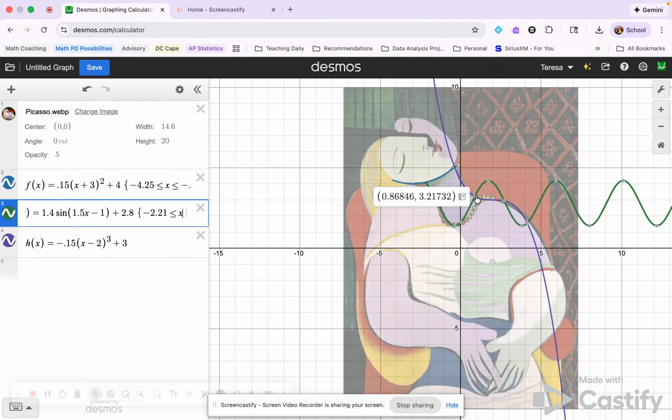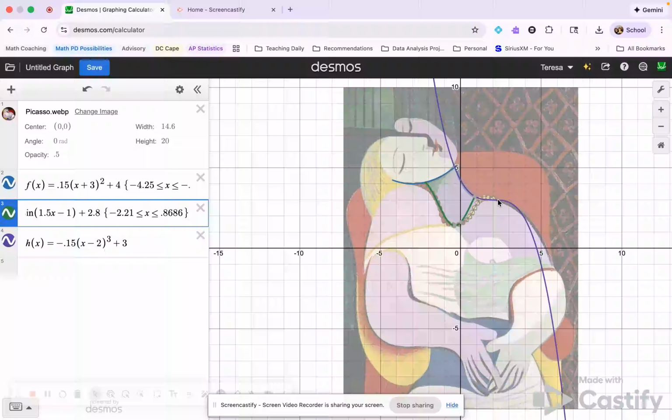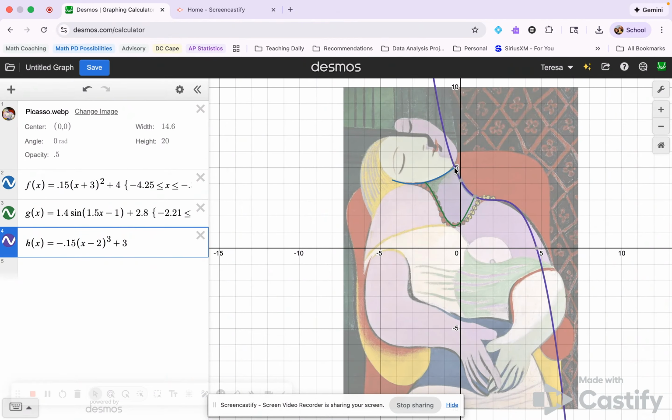And I think I want it to stop right here where it hits the neck. Again, it's not going to be perfect with the picture, but it's going to give the idea of that necklace. So it looks like it's 0.8686. So again, less than or equal to 0.8686. Now I've got that cut off, and then finally my cubic function looks like I want it to start about